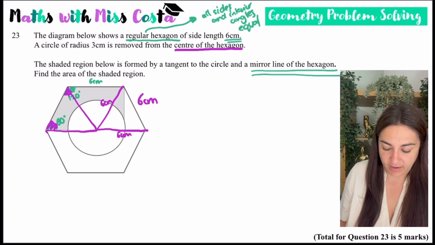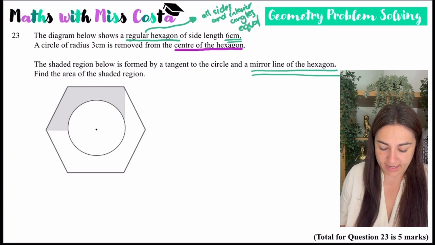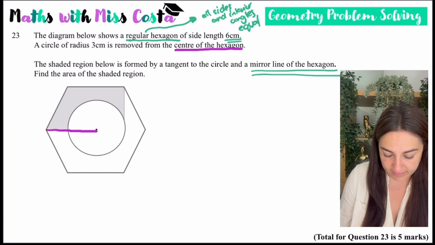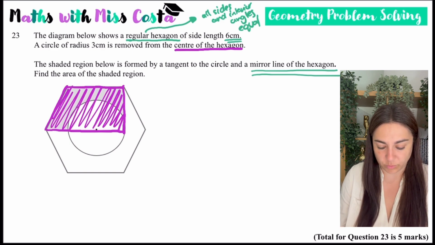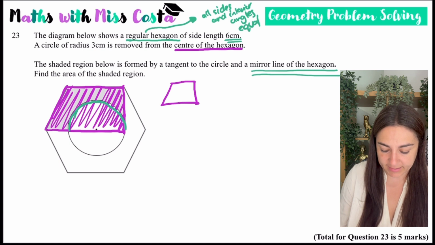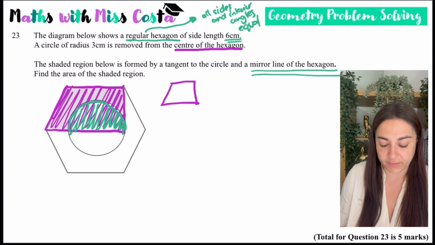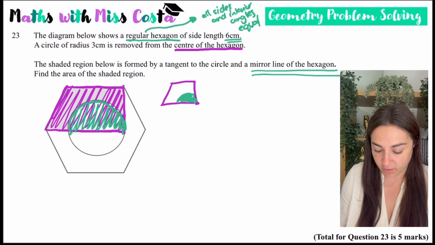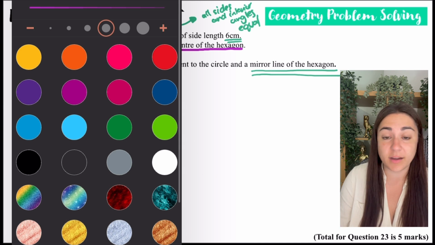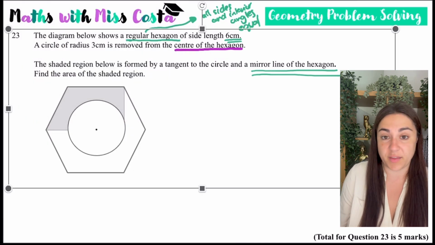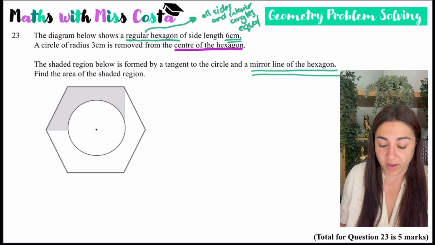So I have all of that knowledge, and now I've got a shaded region. Whenever you have a shaded region, ideally what you want to do is work out the area of the whole shape. So I'm going to say that that is my whole shape. I want to work out the area of this and then subtract anything that's taken out of it. Over here I've got half a circle, so I'm going to subtract half a circle from this. To pick up some easy marks, even if you look at this question and you have absolutely no idea where to start, you don't know the thing about the hexagons, you still could work out the area